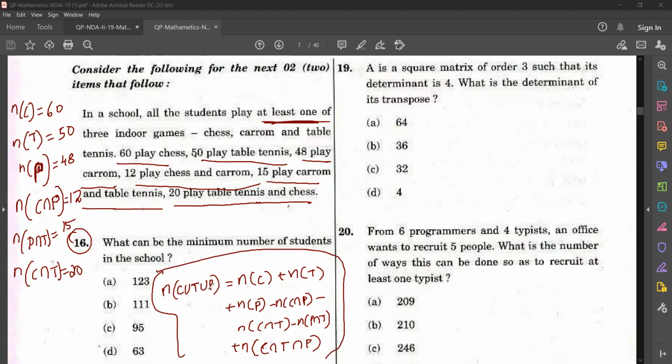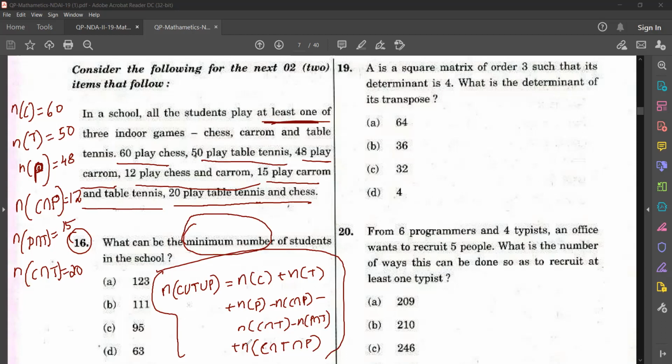n of C union T union P is equal to n of C plus n of T plus n of P minus n of the individual intersections, C intersection P, C intersection T, P intersection T, plus n of C intersection T intersection P. Now, minimum number of students. Minimum number of students means